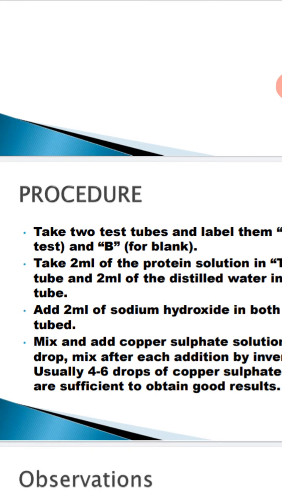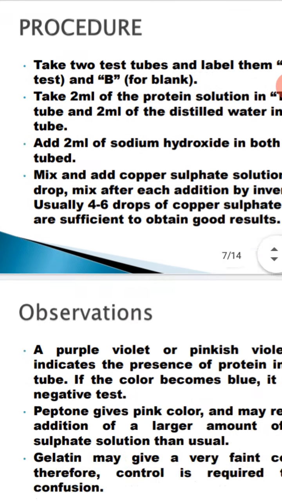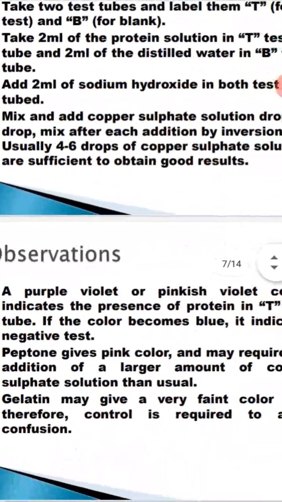Drop by drop we are going to add, and what observation do we see? A purple color. It appears that protein is present in the T test tube. In the T test tube we will see the violet color, but in the B test tube it will be blue. Generally this purple color is due to the presence of protein, and sometimes peptones give a pink color and